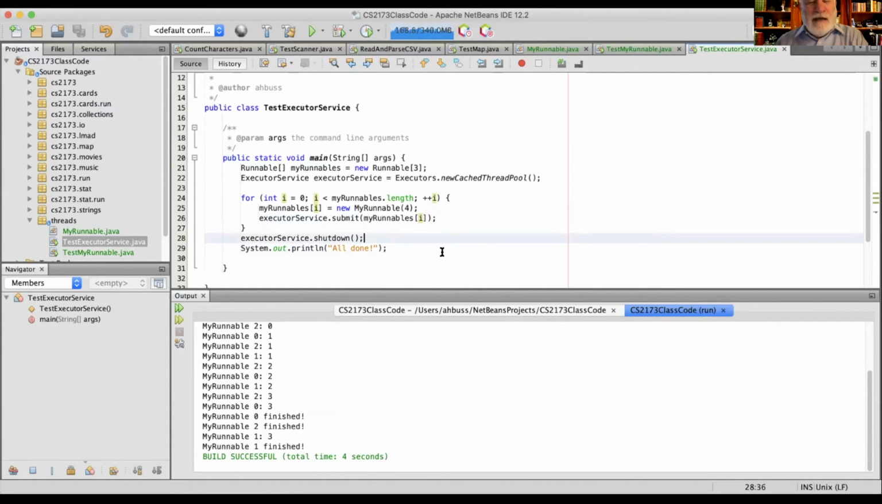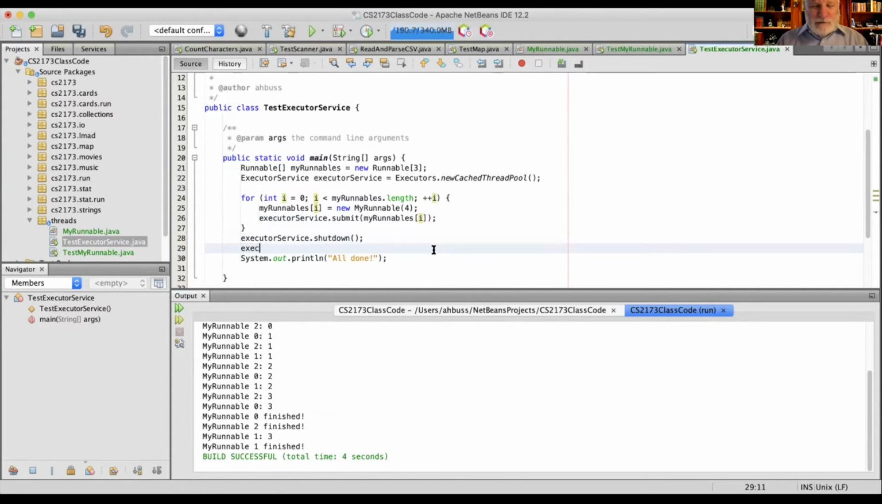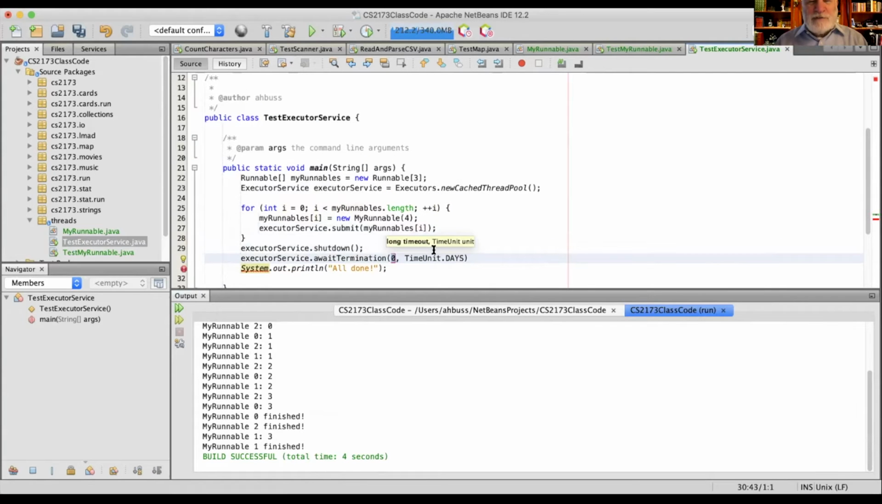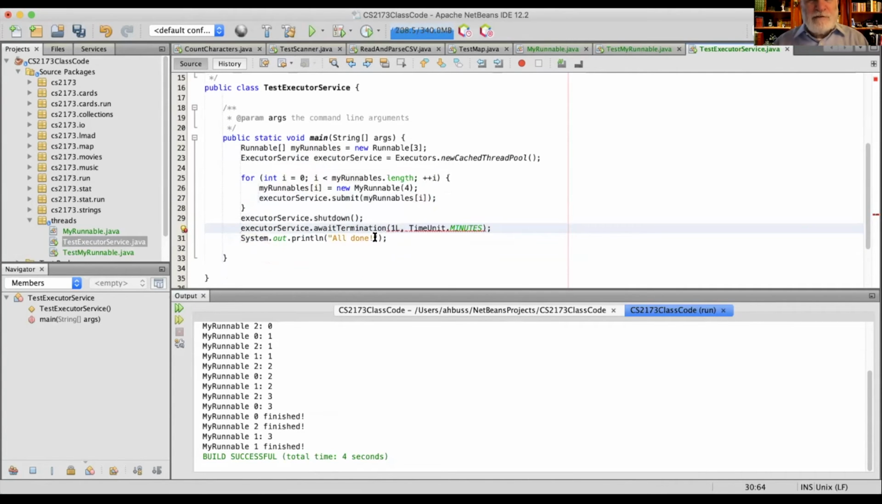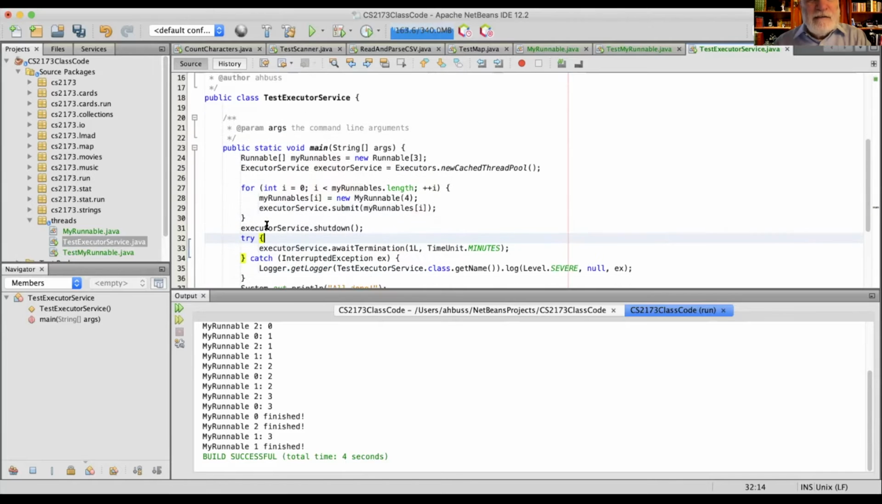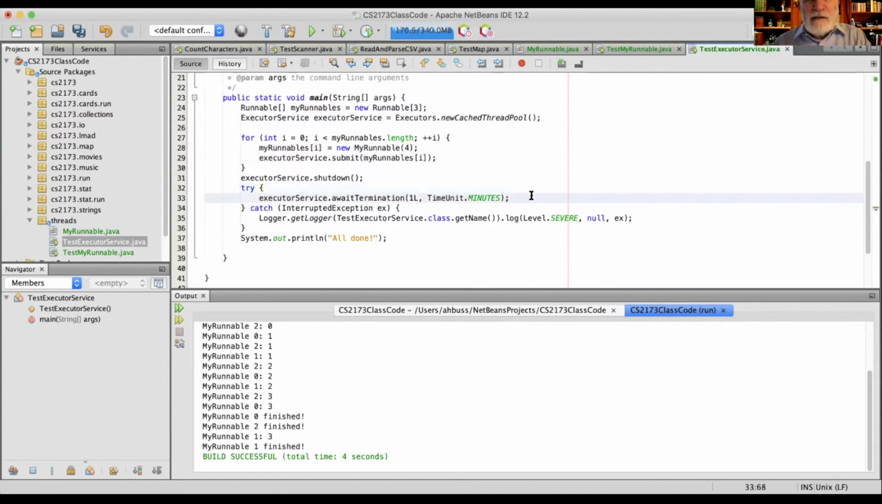So how can we sort of stop that? Well, there's a method called await termination. This is one of the reasons to use one of these things. The await termination requires you to say how much timeout there is. I think by default they start with 0 days, but that will not do. And then it throws an interrupted exception,